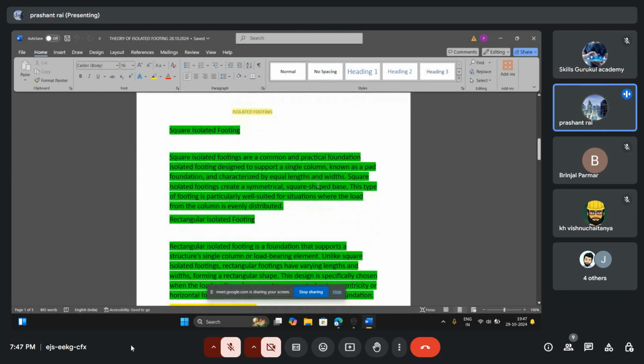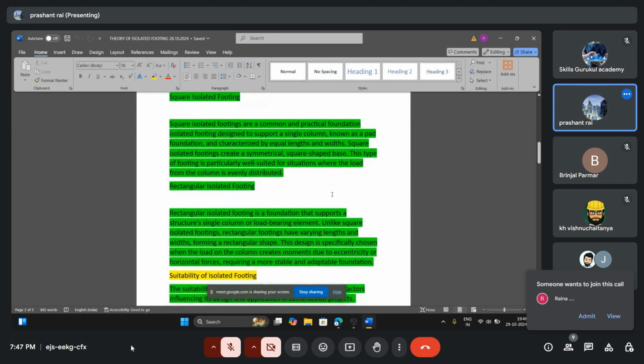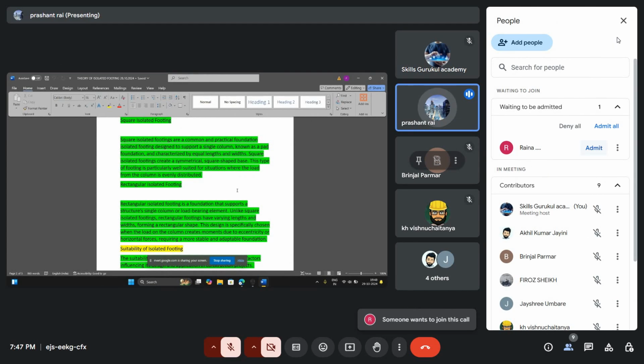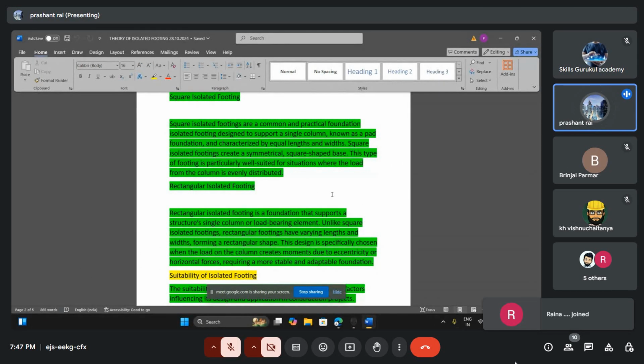First, the square isolated footing. A square isolated footing is a common and practical foundation designed to support a single column only, known as a pad foundation and characterized by equal length and breadth. The square isolated footing creates a symmetrical, square-shaped base on every side. This type of footing is particularly well suited for situations where the load from the column is evenly